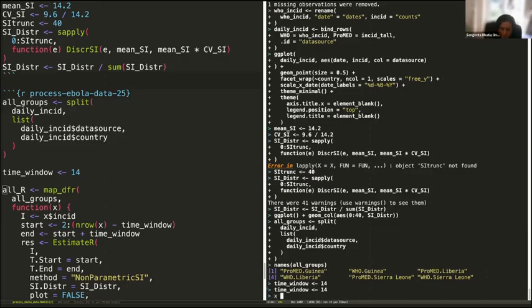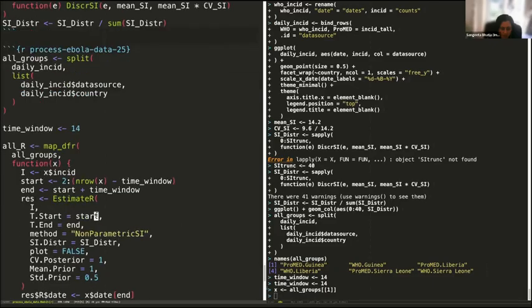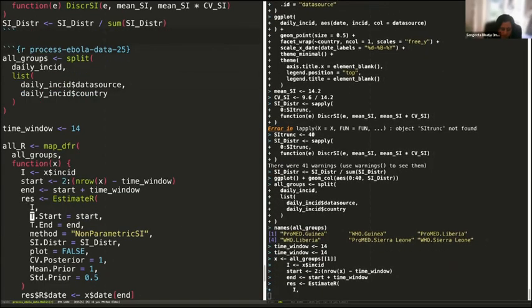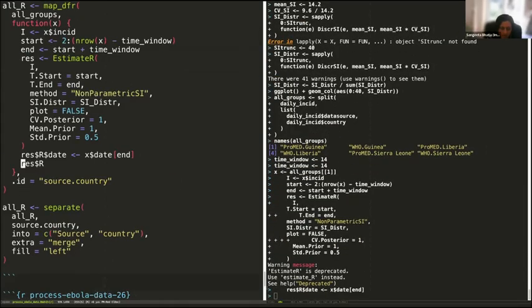So let me do this for one data set first so that I can show you what the output looks like. So I have this all groups. Let me just get the first one. And I'm just going to execute this. Okay, so if I now look at the output of just what I have done,